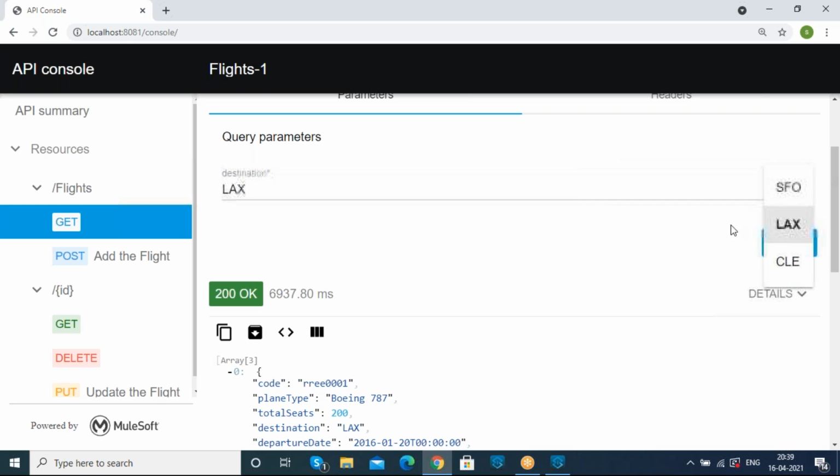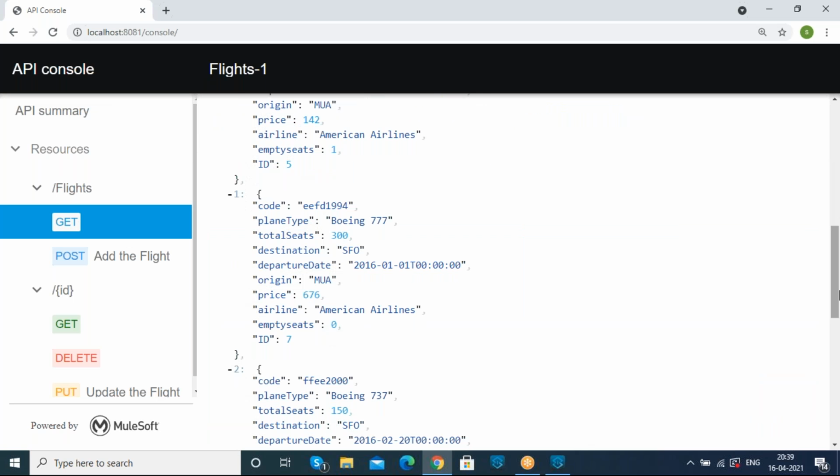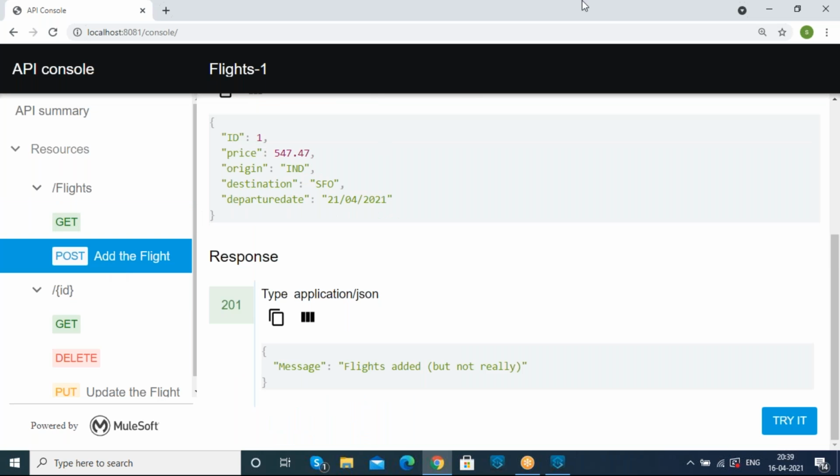And if I request according to SFO, we are able to get the SFO data as our response over here. And if we move to the post method, we are able to get, hello,